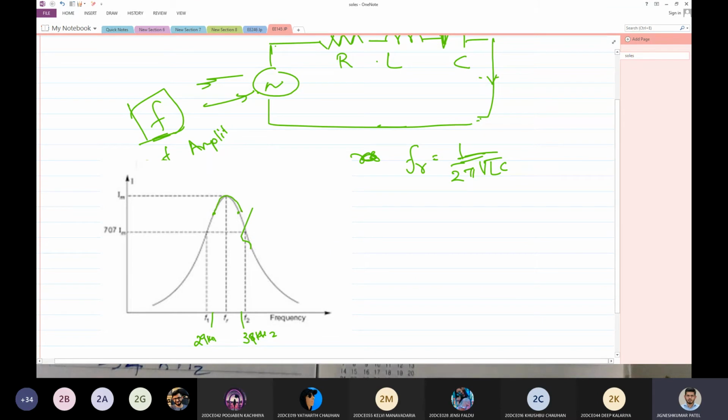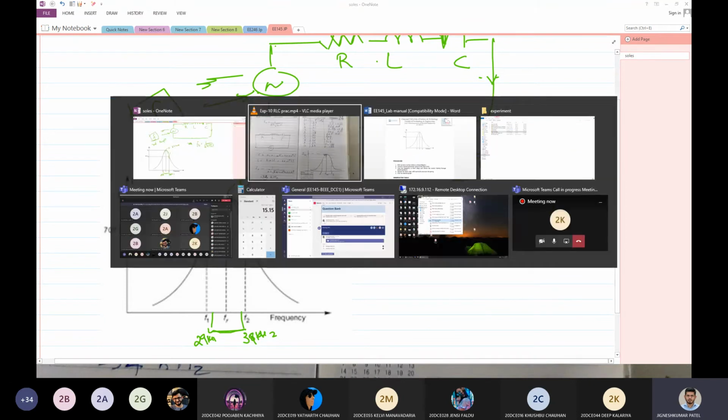Why? Because here we are just having the response of the frequency along with the current for a very narrow range. It's no doubt in kilohertz, but that's still a narrow range. So that's why you get a maximum current of 0.244 milliamperes, no issue in that. But the other currents were also near to those values.